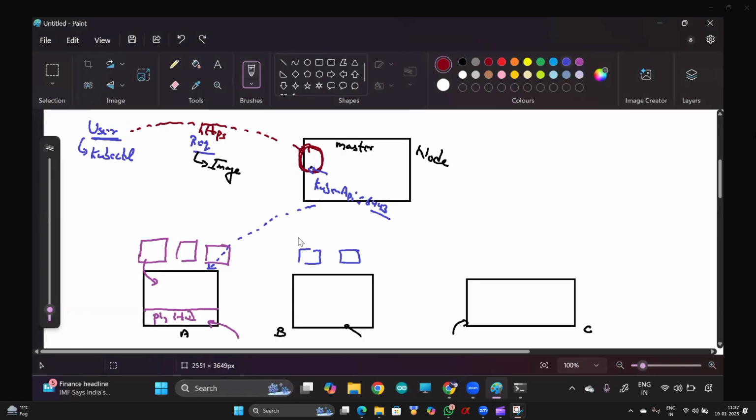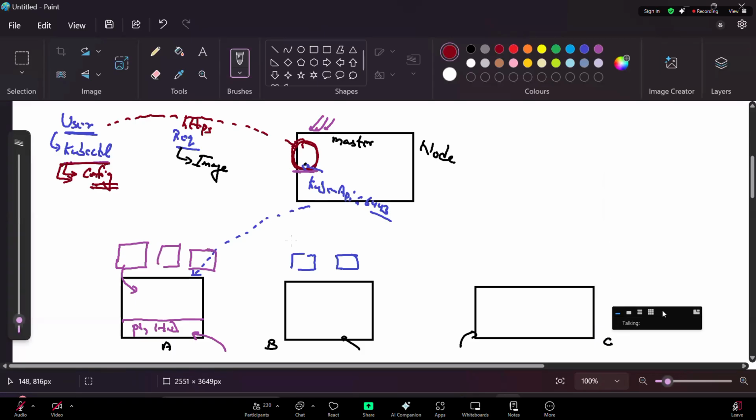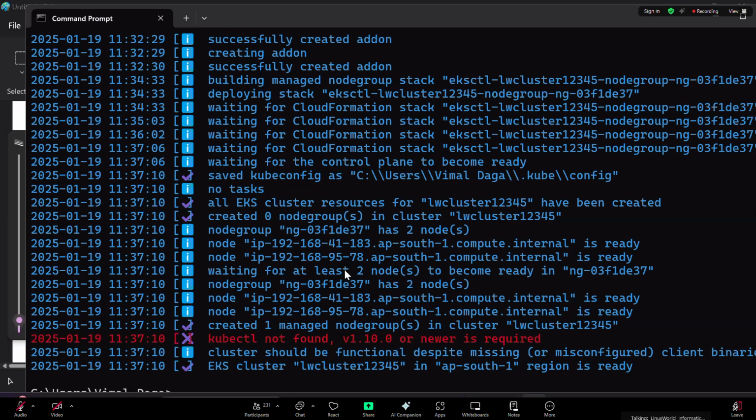But one more thing, guys: the master node is a computer running a program, and to connect to this program we use this command. Obviously, for this command we need to authenticate. So this command mostly uses a file called the kubeconfig file, where we keep our login name and passwords or keys or certificates to authenticate. And this file is on your local computer wherever you have kubectl. In my case, because I used the eksctl command